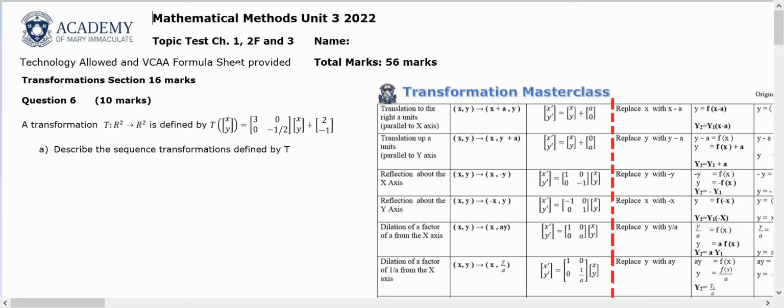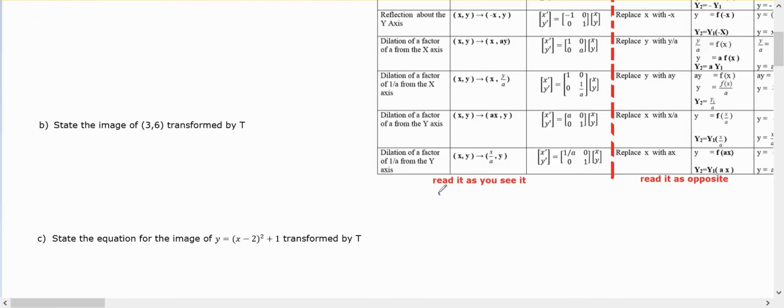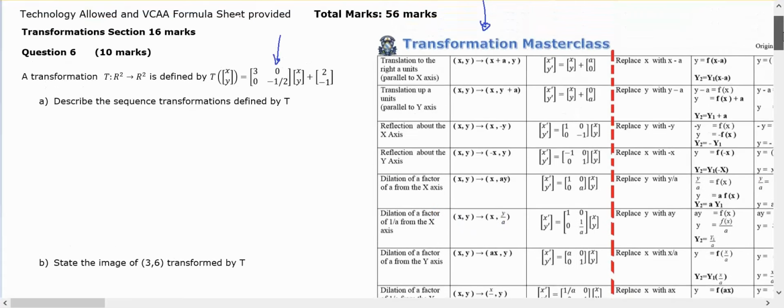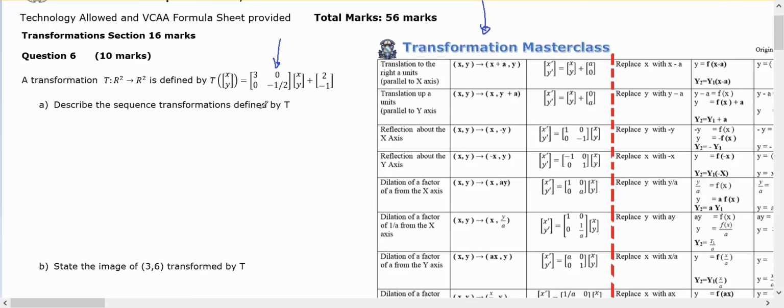Okay, question number 6 uses transformations, and I've got my transformation grid there and ready and available for me. So we've got this transformation matrix, and it appears here on the left-hand side of my table, and I read it as I see it. Describe the transformations. I think the 3 is going to be 1, the half is going to be 2, the negative is going to be 3, 4, and 5. So I think I have 5 transformations, and I'm going to do DRT,